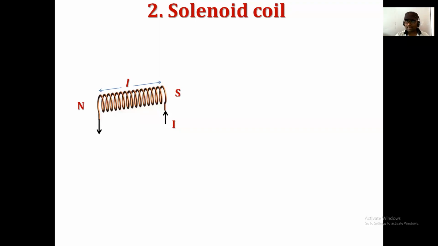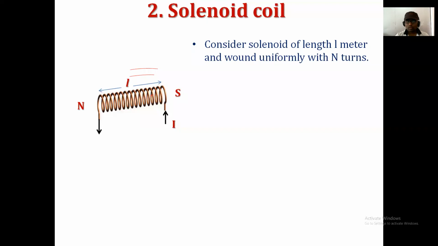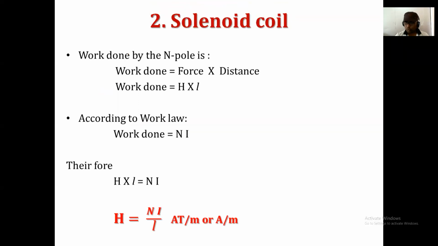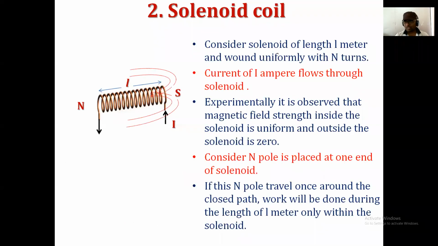Once the polarity is decided, meaning the N pole and the S pole are decided, the magnetic field always originates from the N pole and terminates at the S pole. Now, if I consider one point on one circular path of this solenoid coil, then as you know, practically the magnetic field inside the solenoid is strong and uniform, but outside the solenoid it is practically considered zero.